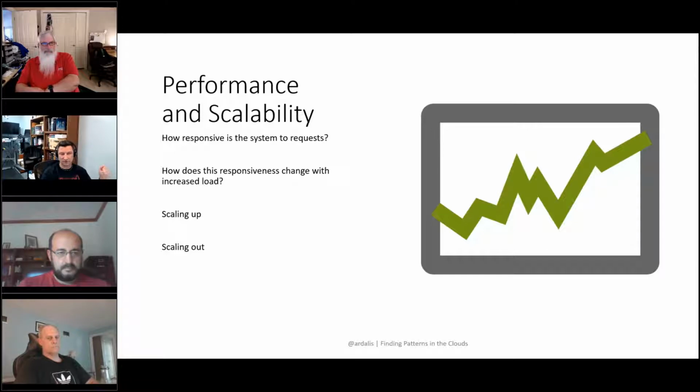And scaling out is where you're just going to add more machines, right? And there's no theoretical limit to how many more machines you can add, especially since those machines might not even be real machines. They could just be virtual machines at that point. And so what your goal is with performance and scalability is, if you need a lot of scalability, you want to be able to add additional machines that aren't necessarily top of the line machines, because that's not price effective generally, but you want to be able to use a whole lot of relatively cheap instances